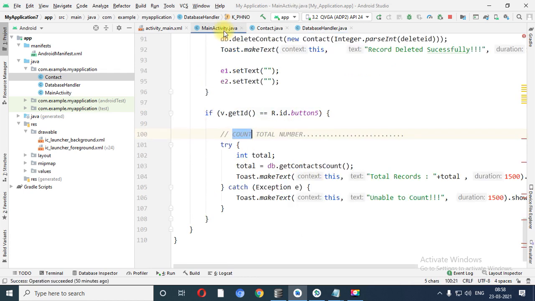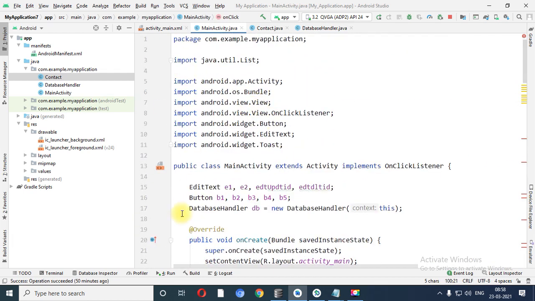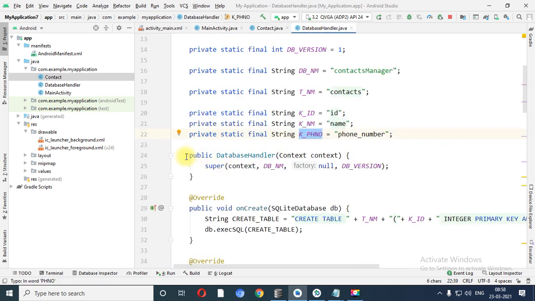When you create the object of the database handler file in main activity with 1 argument, which is this, it means the current application or get application context. So this particular code is executed, it creates the database with the version number on the current application. Factory we have set to null. There are several arguments which we do not require, right? So those will be passed with either null or 0.